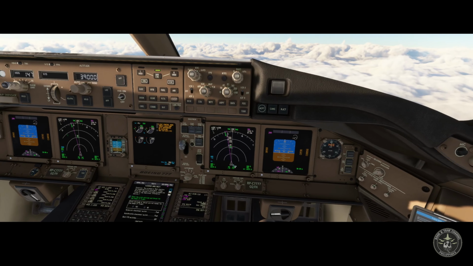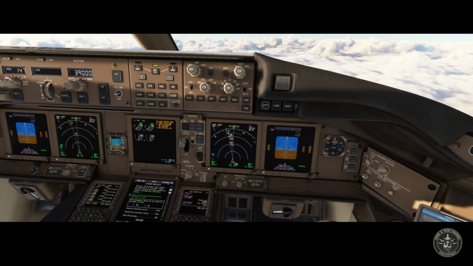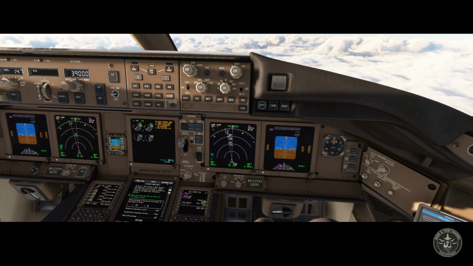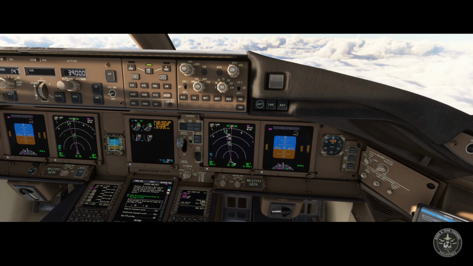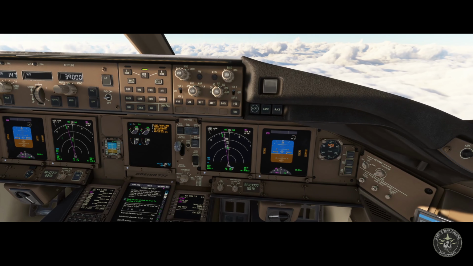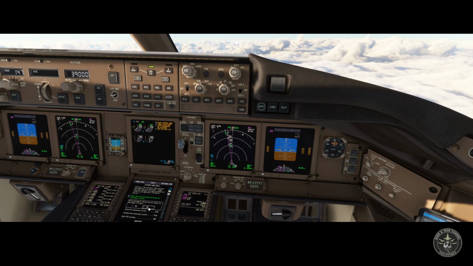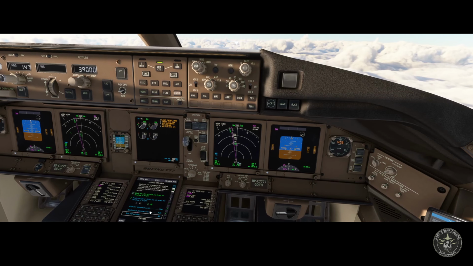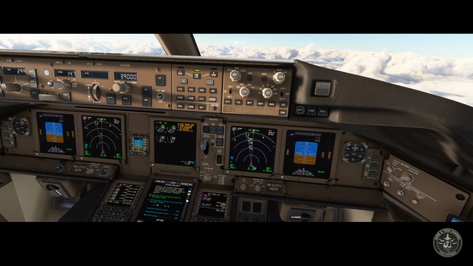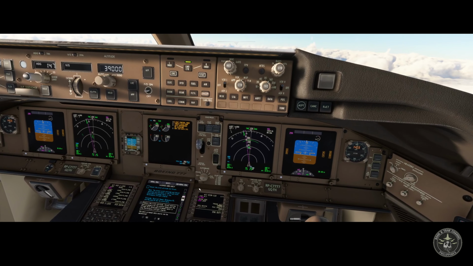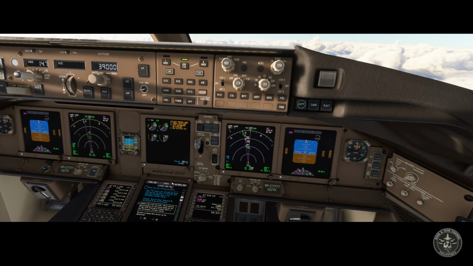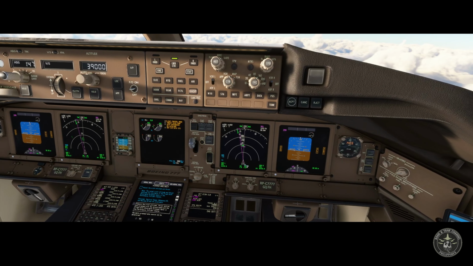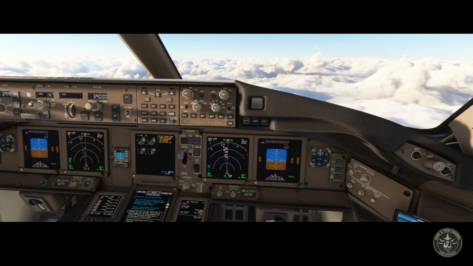So check the pitch, attitude and thrust for the phase of the flight. Pitch, attitude, or thrust are not normal for phase of flight? Okay, we already did the non-normal memory items, so this is no. We already did the memory items, which are autopilot disconnect and auto throttle disconnect. Both flight directors are already off. On page 2, compare pitch attitude, thrust setting, and airspeed with ground speed and the flight with unreliable airspeed table in the performance in flight chapter. Okay, I'll check that.